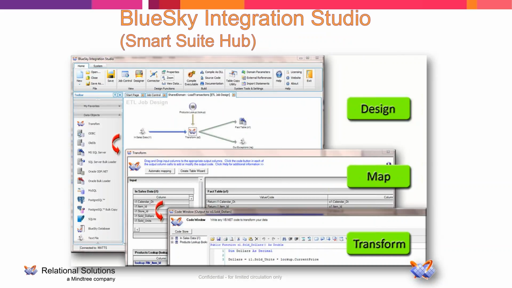Behind the scenes, we're using our BIZ tool, our Blue Sky Integration Studio. This is where we've got over 200 cleansing and validation processes designed. We also have the retailer mappings occurring here, and this is where we're transforming that data. Whether that data is coming from an EDI file, a text file, a CSV file, or from a relational database like Oracle, SQL or Access, we can transform that information into a common data type like Teradata or Oracle, or whatever database you select, because it's database independent and we can reside on any database platform. The other thing is, even though we have Blue Sky on the front end, which you're about to see, we also allow other BI tools to access that information.